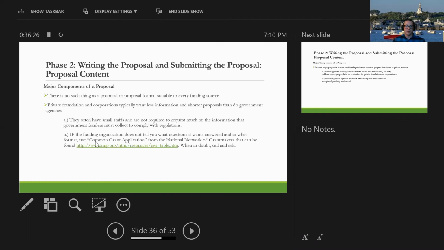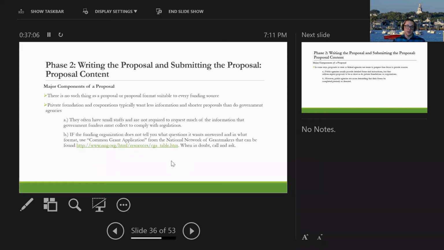Another trick of the trade down here, the common grant application. I've never used it, but again, if you're a novice, this is your first time, you just want some type of rubric, some type of outline, some type of framework. This isn't a bad thing to print off and kind of let it guide you through what you would include within a proposal. Because sometimes you'll target one of these private family foundations and their guidelines, criteria, and instructions for application are more than broad. They're just 3 bullet points, really don't tell you anything.